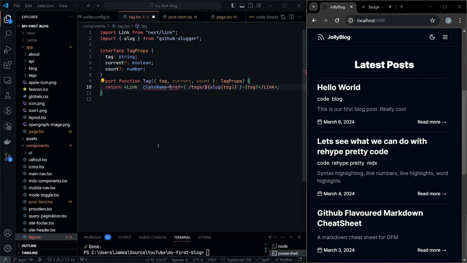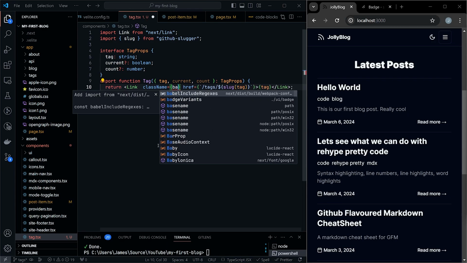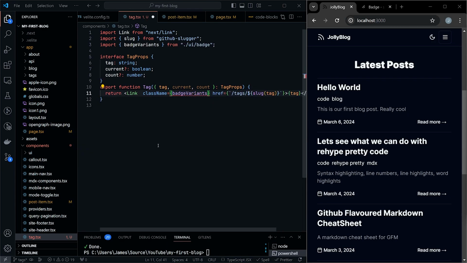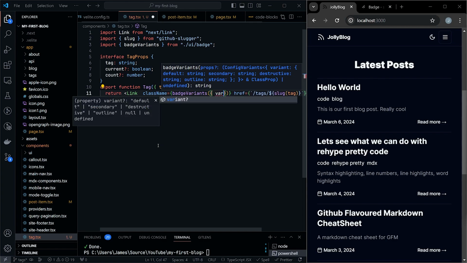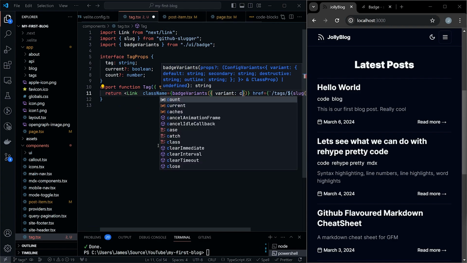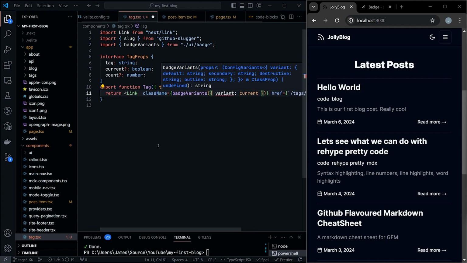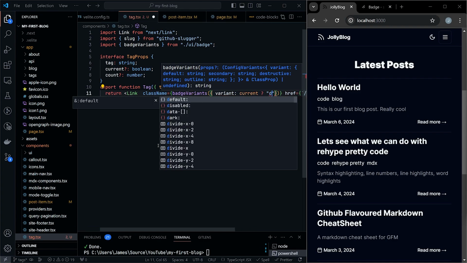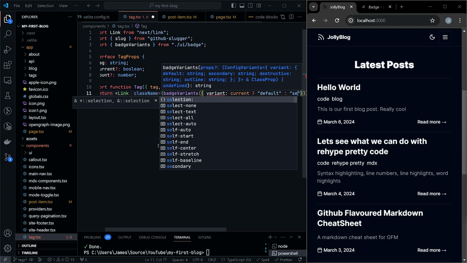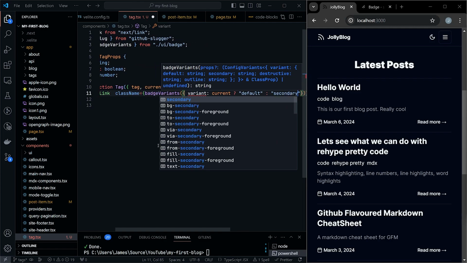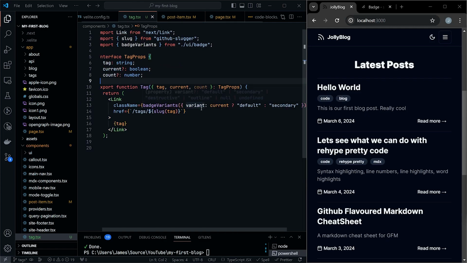That class name is going to be equal to, and then we're going to use curly brackets here, because what we're going to be using is the shadcn UI badge variants. So we don't actually need the badge component itself, but we installed it so we could get these badge variants. Now in here, we're going to say the variant is going to equal, and we're going to say if it's current, so we're going to use a ternary here, we'll use a question mark. If it's current, we're going to set it to the default style, and if it's not current, we'll set it to secondary, like so. Go ahead and save all of that, and you'll see that we now get our tags